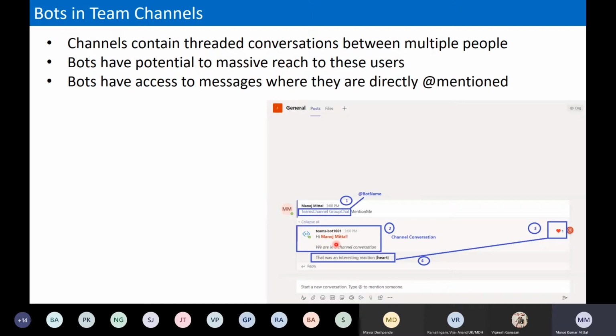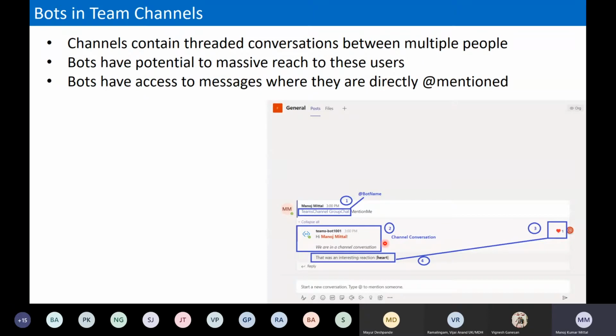What are the messages I have mentioned in my code base? It's coming here, and I'm just getting the context here. In which context am I going to talk with the bot? So it just wrote me, we are in a channel conversation. So we have an activity type which we can easily capture to know in which context my bot is going to talk.